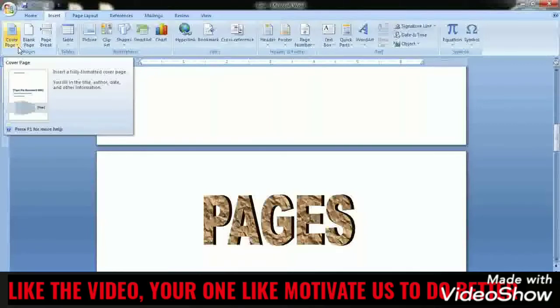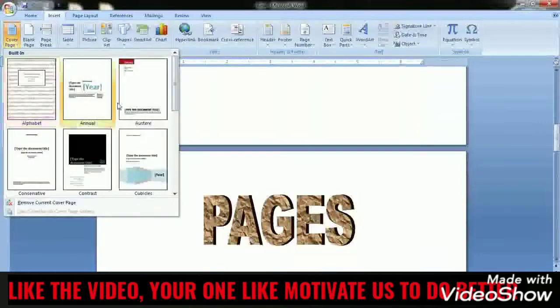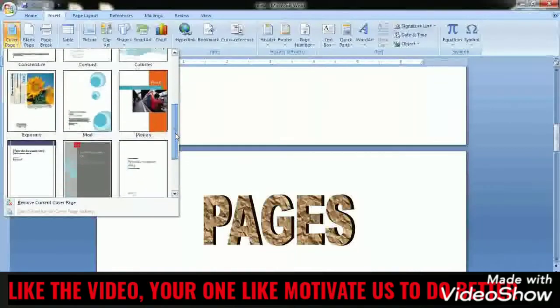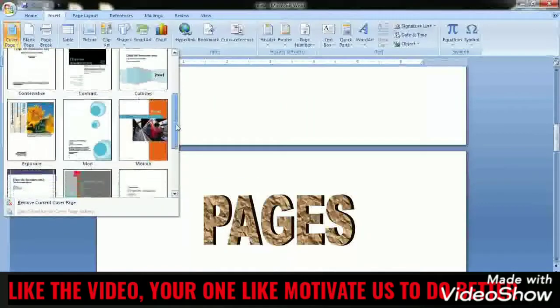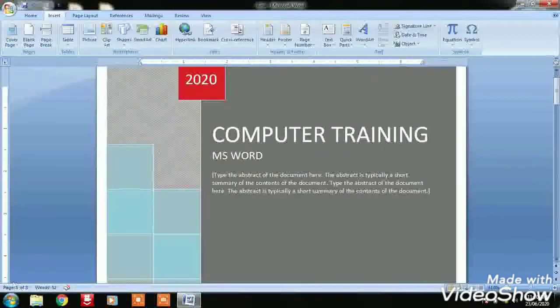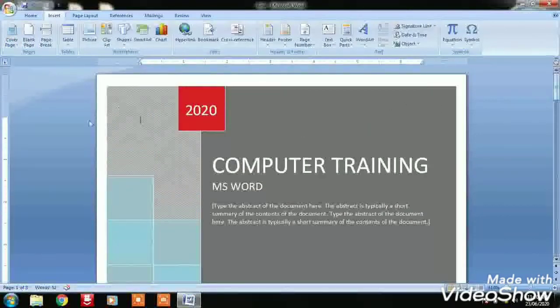So for this, by default we have got a variety of options here. You can just choose. You don't have to make such a designed paper. So this cover page you don't have to design, it is already available. You can see very nicely it is given. So I can go for this one. Like I have selected this first one and we can make the changes.